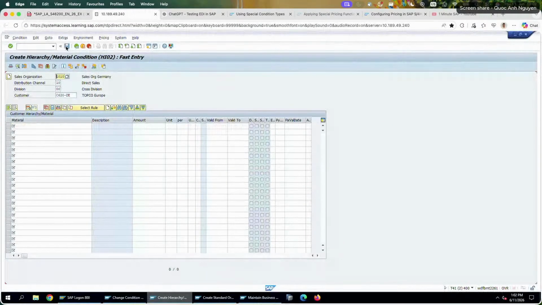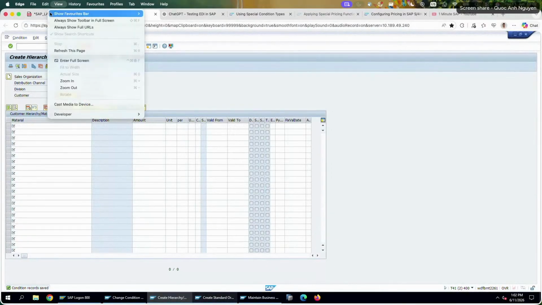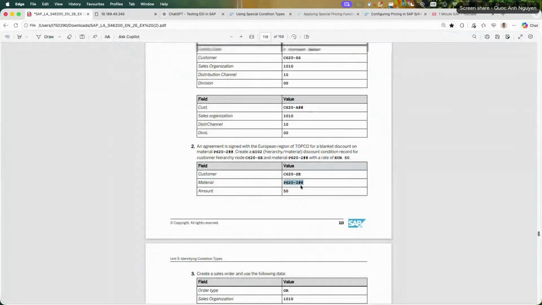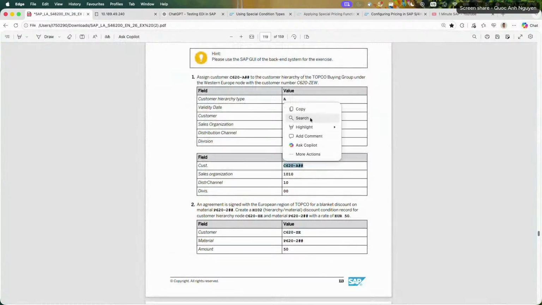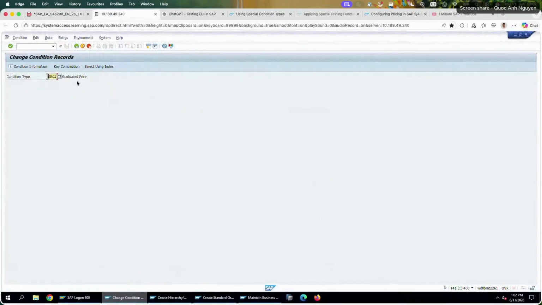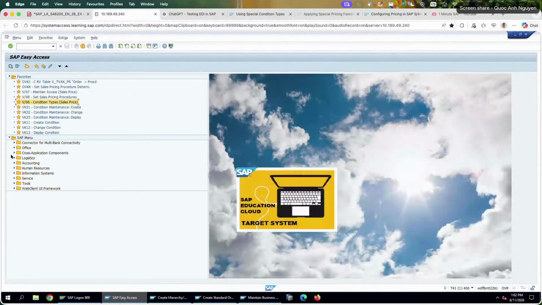Only one thing that I'm a little bit confused about is how this customer is relevant to the ZZ one. This is the ZE, but previously we assigned our customer to the ZZ group. So how exactly is this group being displayed? Let's also come back